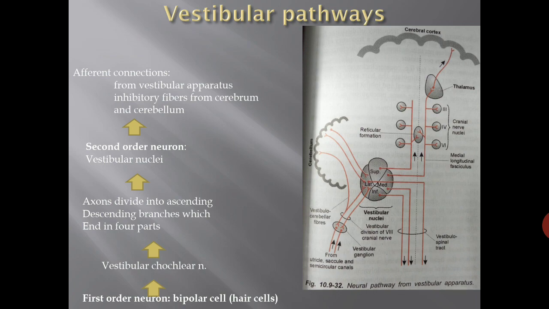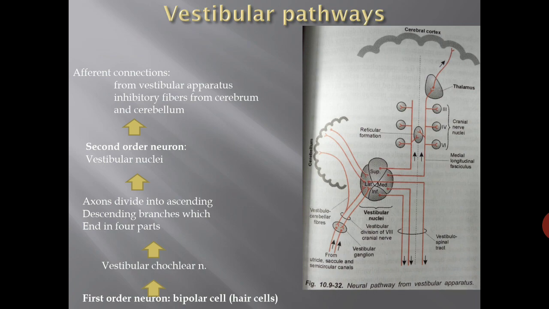Now the vestibular pathway. After stimulation of these receptors, either by angular movements in the case of the crista ampullaris, or by linear acceleration stimulating the receptors in the otolith organs like the utricle and saccule, this information passes through the vestibular nerve, the vestibulocochlear nerve, to the brain. So this is the vestibular pathway.